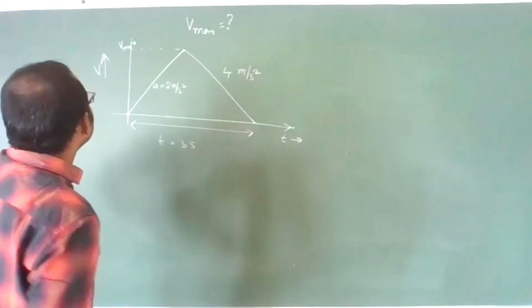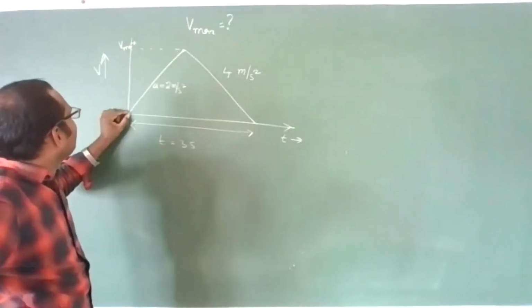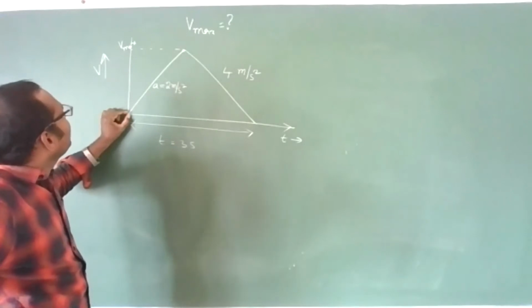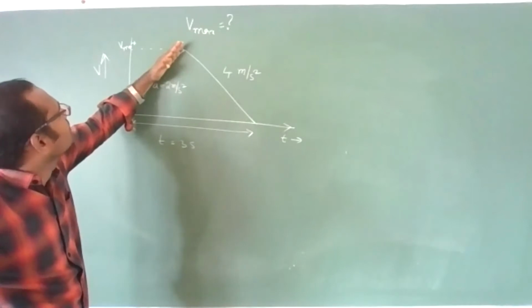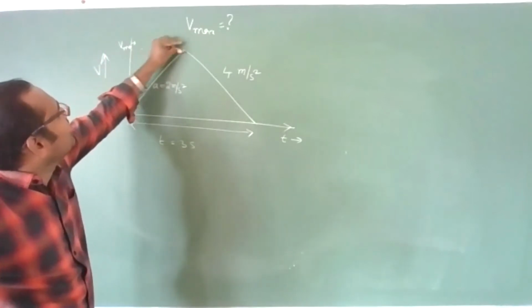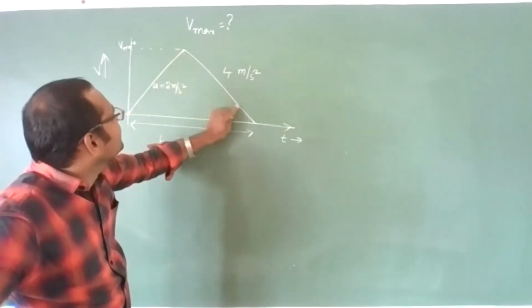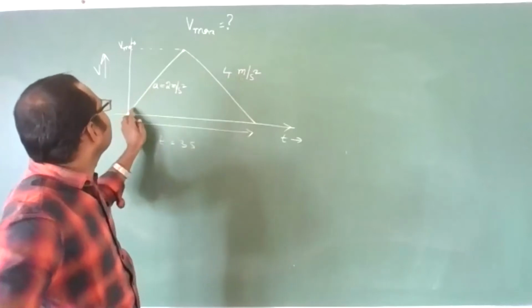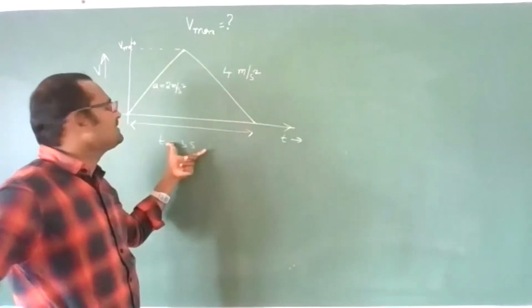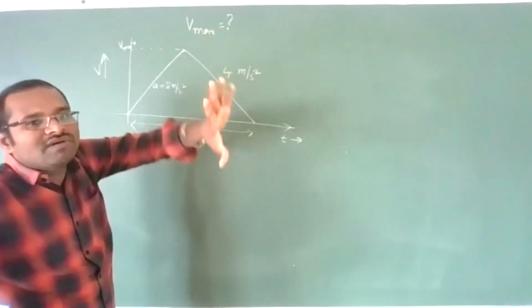Okay. Now they are saying that a train is accelerating from rest, so graph should start from the origin, and constant acceleration they are saying, so the line should pass through the origin, an inclined line. It reaches the maximum velocity. After the maximum velocity it should decrease. It's decreasing, so that deacceleration given is 4 meter per second square. And for this total journey, time is 3 seconds they have given. Then what is the maximum velocity? How much are they asking?